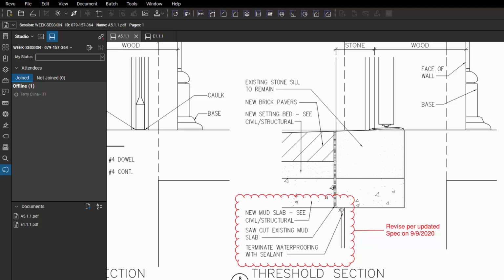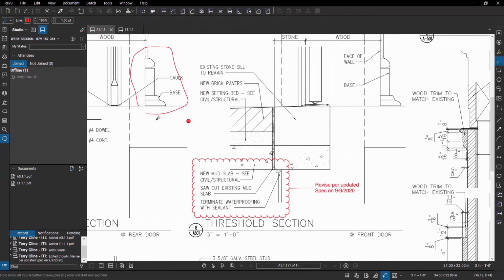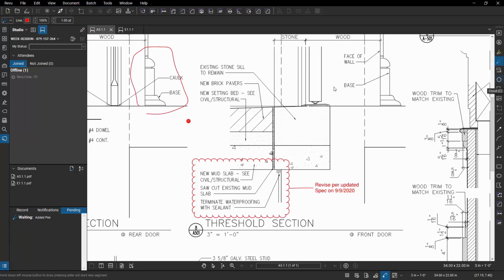If I now go out to the field and I continue to mark this document up, whatever it is I wind up doing with it, what I'm doing is marking it up, and all of those markups are going into this category called pending in the audit trail. And anything anybody else is doing in the cloud while I'm away is being recorded in the cloud as well, so that even though I can't see it in the future, an hour from now, a day from now,